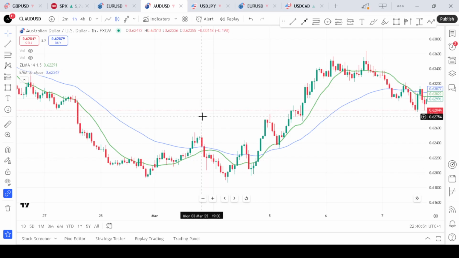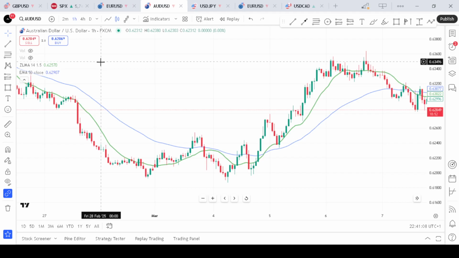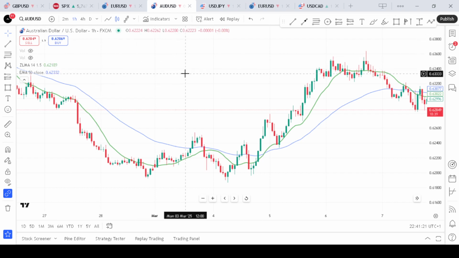And in today's video, we are going to be talking about the zero lag moving average indicator. This zero lag moving average indicator is an innovative tool designed to provide a faster and more responsive signal compared to your traditional moving averages. You will learn what makes this indicator unique and how to incorporate it into your trading strategy. So stay tuned to discover how the zero lag moving average can enhance your market analysis and potentially improve your